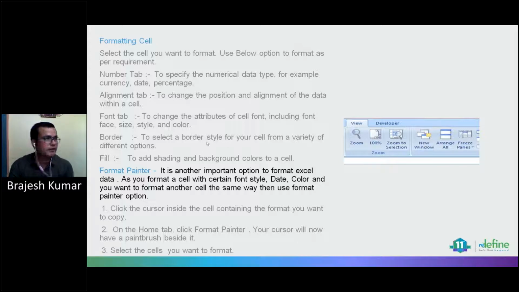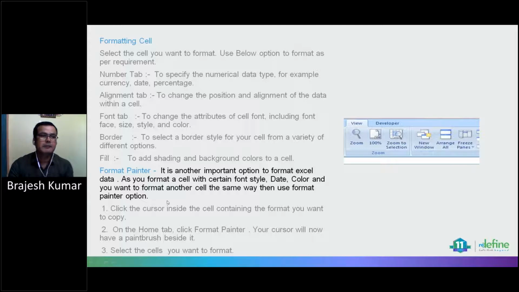And one more option, from Excel 2007, Format Painter. Format Painter is another important option to format Excel data. Suppose we format some data in a certain font style, date, color, and we want the same format for other text in the same Excel book or another Excel book.